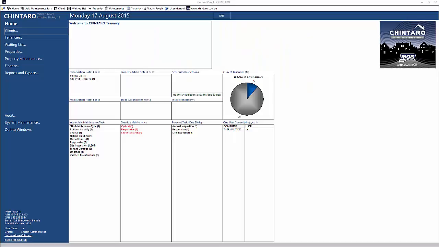In this video, we'll be having a look at search screens in CHINTARO. The new search features in CHINTARO will allow you to find content that you need access to quickly and easily. The process for searching in CHINTARO is the same across clients, tenancies, waiting lists, notes, and all other search screens